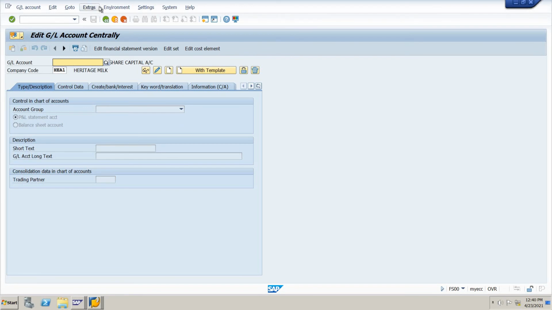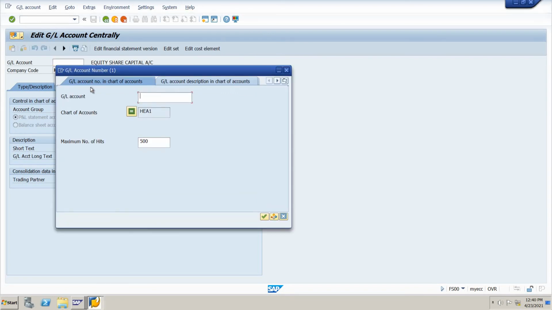We have to see the available account number. If we don't know the available account number, we can search for it. Enter the GL account number in the chart of accounts, select the chart of accounts, there it is.